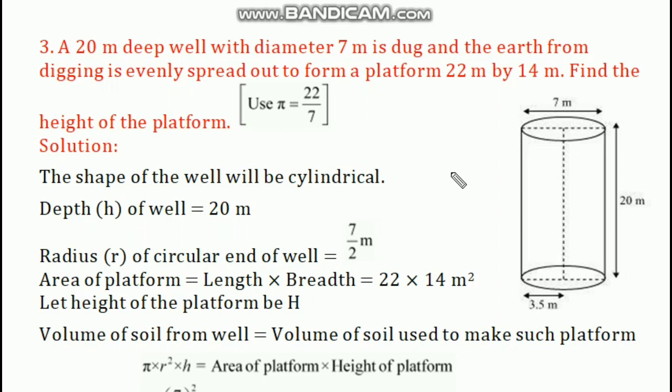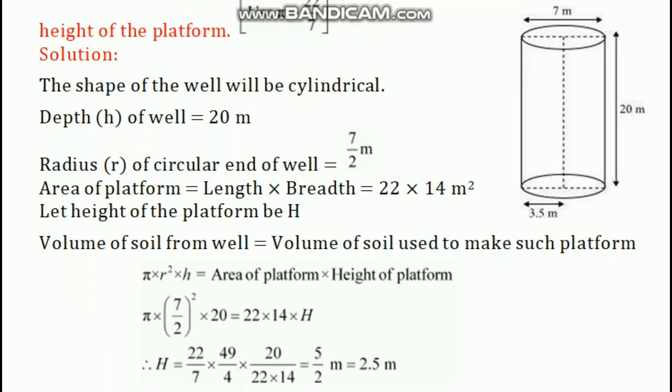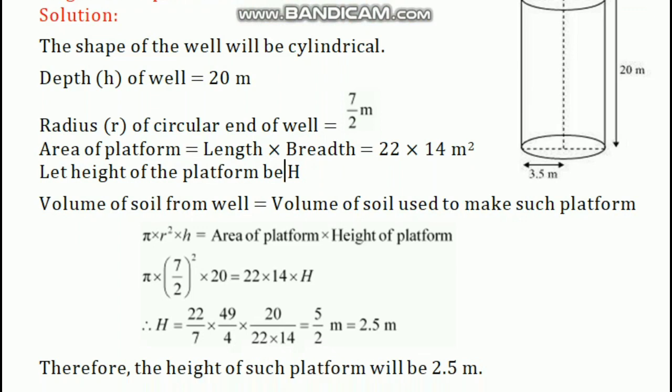Okay, so let the height of the platform be h. So we know that the volume of soil from the well is equal to the volume of soil used to make the platform. We know that the volume of the well is pi r square h, because that is a cylinder shape. And the volume of soil used to make a platform, that is a cuboidal,